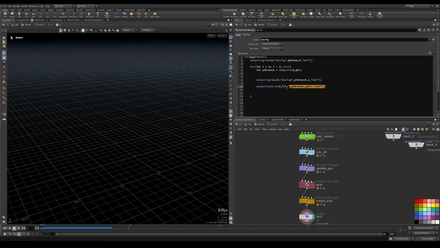Let's copy this line. We need a few more. So we need to compute the life. This time, let's change the name from the attribute, but don't take the original one. Let's compute a new one. We will create the variable right away. And after the life, let's also,